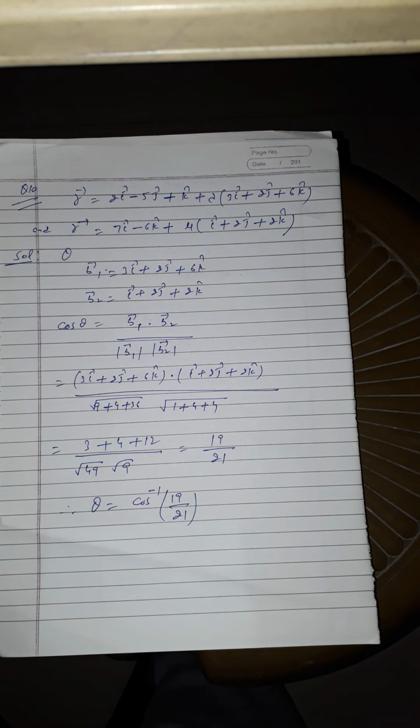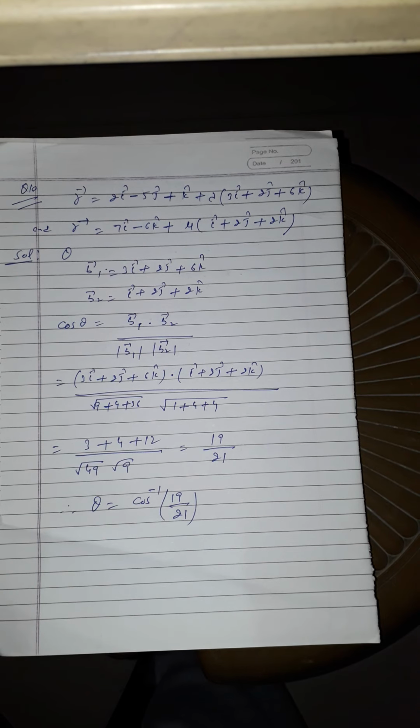That is the solution of your question number 10, students. I think this question is clear. There are two parts of this question. The second part is also the same, students, so solve the second part yourself. Now in question number 11, students, the two equations of the lines are given in the Cartesian form, and we have to find the angle between them.